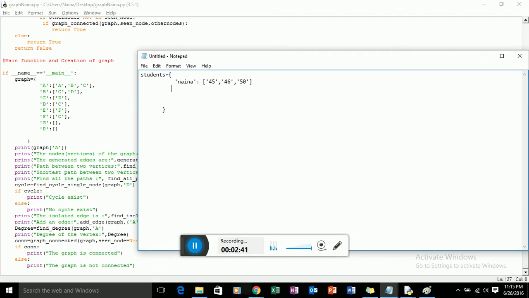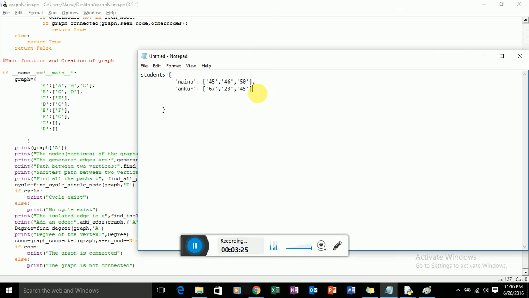And there might be another student, let's say Ankur. He has got say 67, 23, 45. So this is the name of the dictionary, students, and these are the keys, and these are the values associated with them.